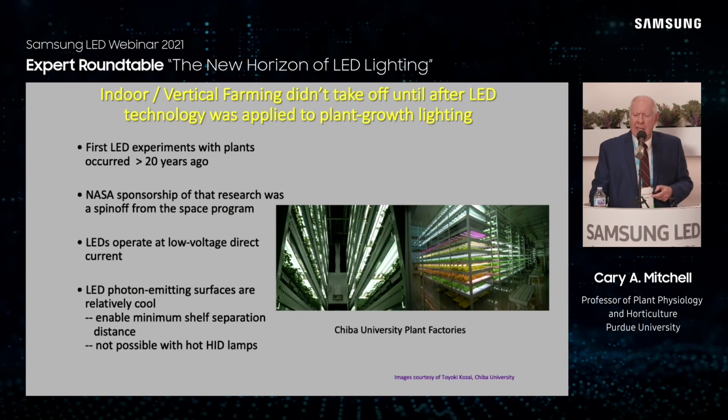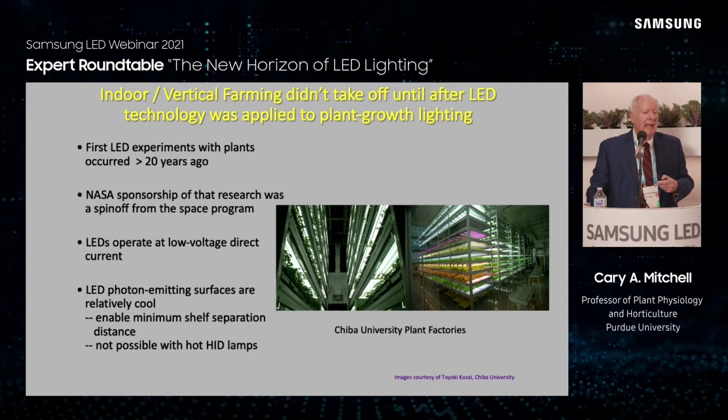Okay, in Japan, Kozai out of Chiba University started the vertically stacked plant factory concept, at first with white fluorescent lighting on the left, but then when NASA sponsored the first plant LED experiments more than 20 years ago, actually in the United States,